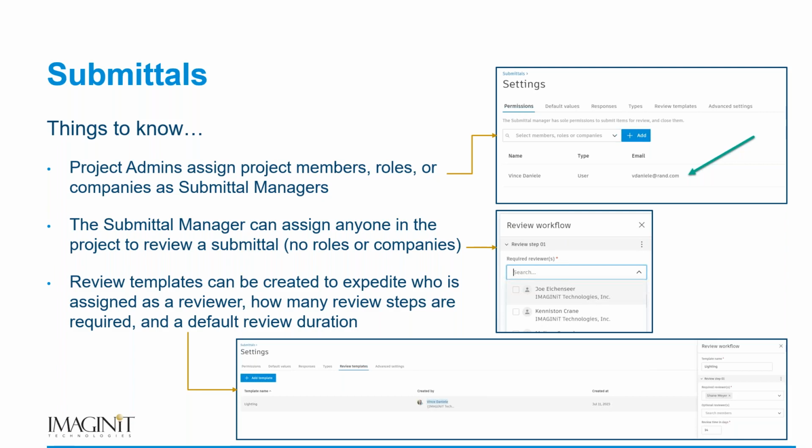The submittal manager can assign anyone in the project to review a submittal, but this does not allow us to associate a role or a company to the review workflow. So this one is definitely unique to the submittal workflows. When we go to add people, we can only add individual members for the project. So we cannot add a role or a company as the reviewer of any one submittal that we initiate an approval on. And then finally,